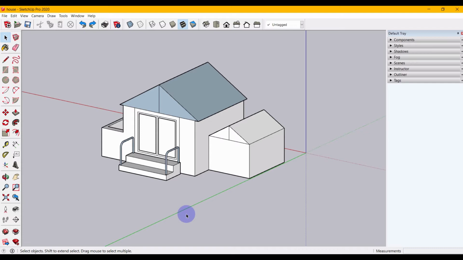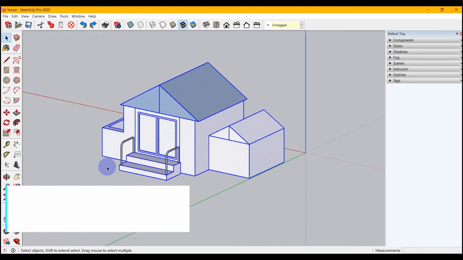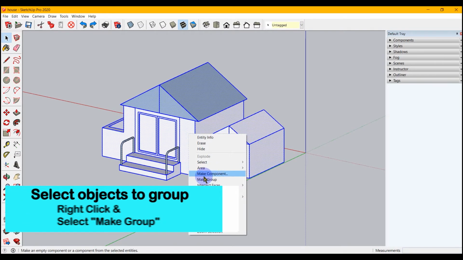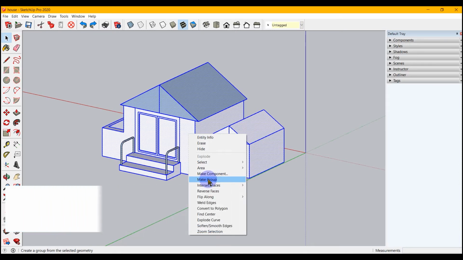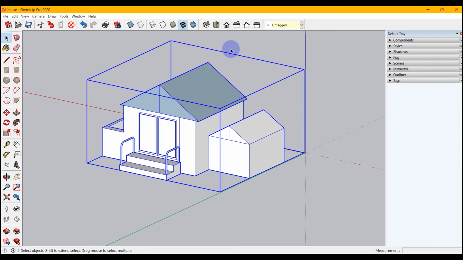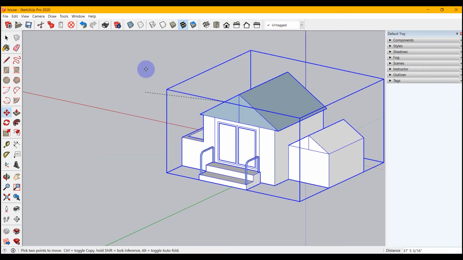So to group, all you have to do is select the object that you want. So I am going to go ahead and select everything in the scene, and then all you have to do is right click over it, and we have an option here called make group. We also can find this here under edit, make group, and regardless of where I selected, it groups everything into one object. Now you can see this by this box that surrounds all those things that I selected,